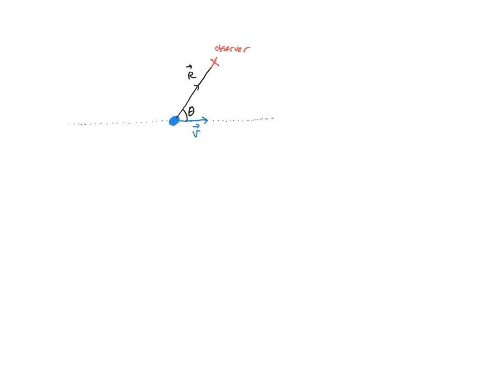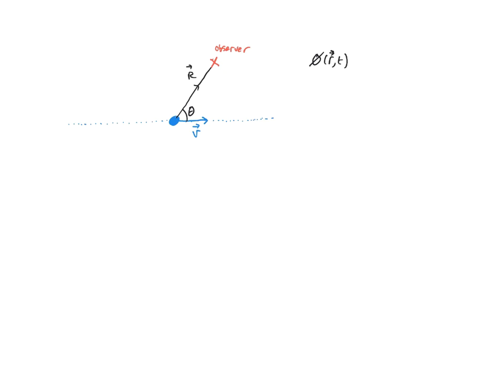So this is the situation. We imagine the particle is just moving along, for example, along the x-axis with a velocity v, and instantaneously it makes a vector capital R with the observer with an angle of theta, and just plugging it into the equations a little bit and manipulating, it's not hard to see that